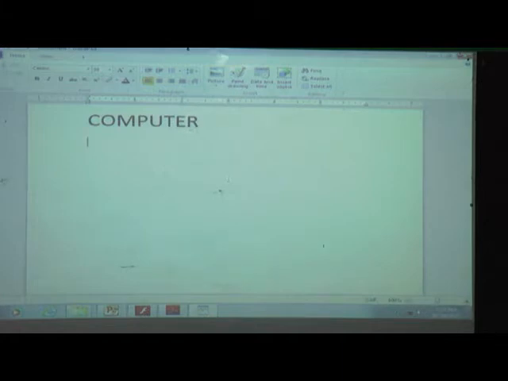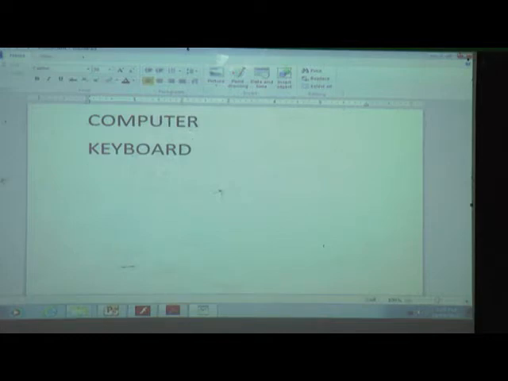What is the spelling of keyboard? K-E-Y-B-O-A-R-D, right?